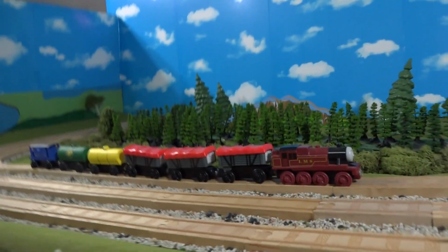But I put all the trucks and stuff in here, and they're all sitting on the bottom. And then there's boxes on top, little trays that I made that hold even more, because I have so much stuff, a lot of stuff that I completely forgot that I had. So,